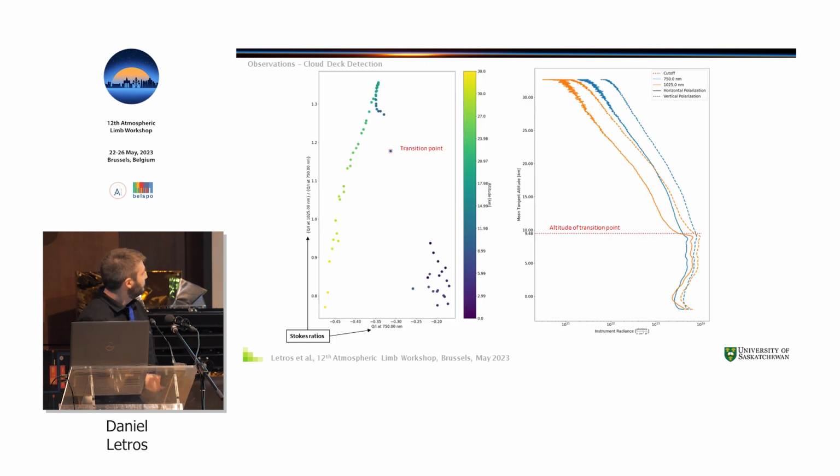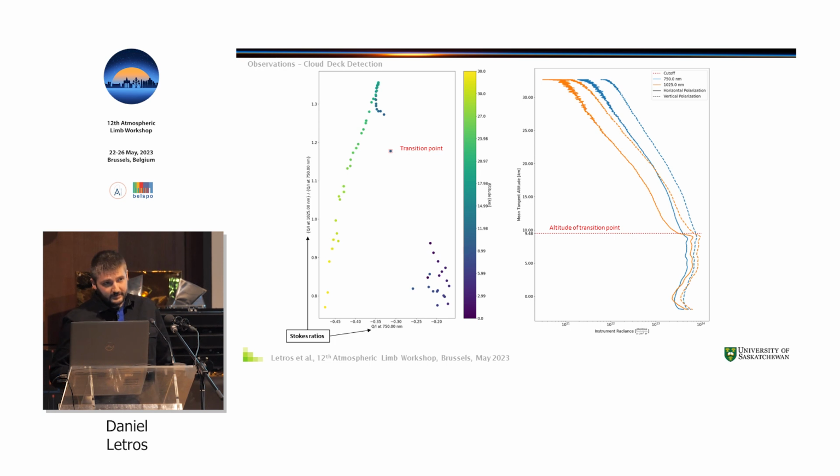So on this next slide here, along the y-axis, I have the ratio of the degree of polarization at 1025 nanometers divided by that at 750 nanometers. And along the x-axis, I just have the Q over I at 750 nanometers. Each of these dots is taken from a particular altitude of the Q over I ratio profile. And you can see that in this Stokes parameterization space, we get this nice segregation of these two clumps, with all these high altitudes making up this clump, and the low altitudes making up this